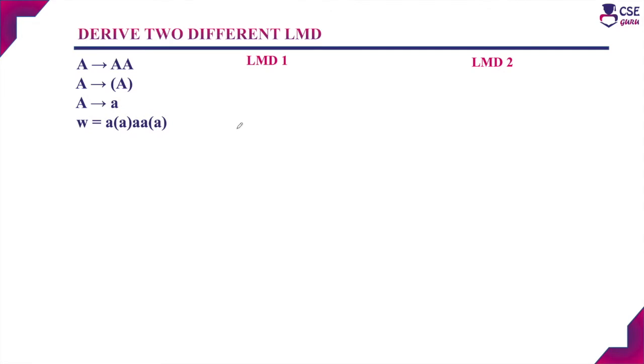Now we are going to derive two different leftmost derivations for the given string, and we will show that the given grammar is ambiguous. So the derivation always starts with the start symbol. Here the start symbol is A. LM represents leftmost derivation. And first we will apply the production rule A derives AA. So this is the leftmost derivation. So choose the leftmost non-terminal and apply the production rule. Since in our input string we need to get more A's, we will apply the production rule A derives AA.